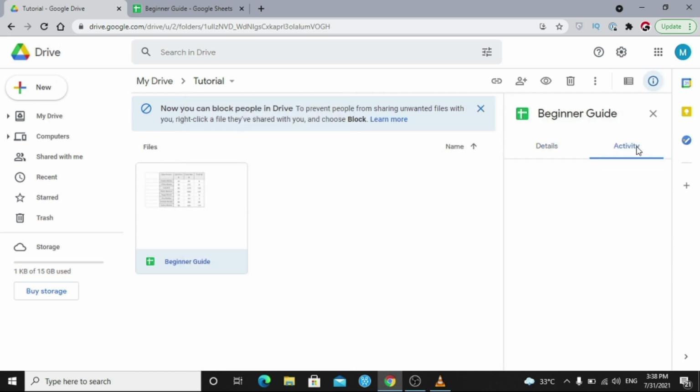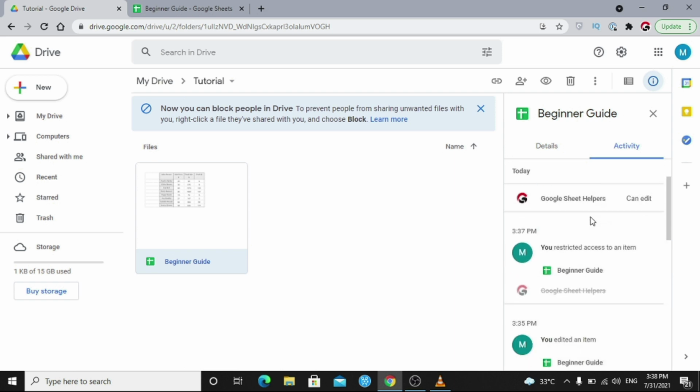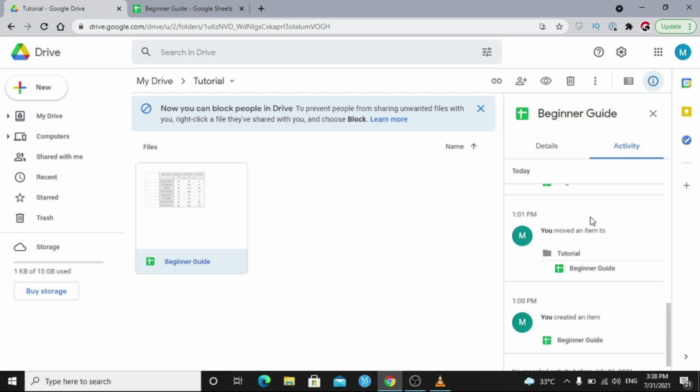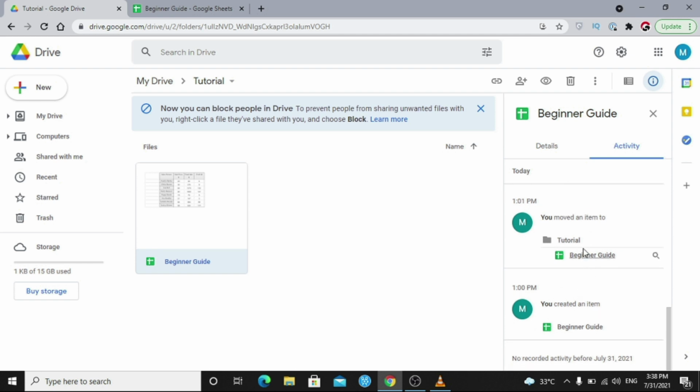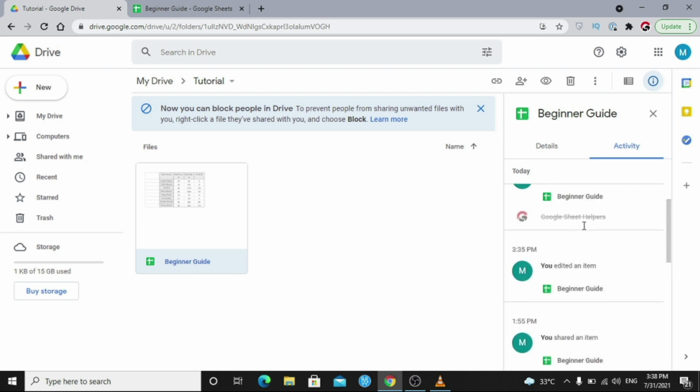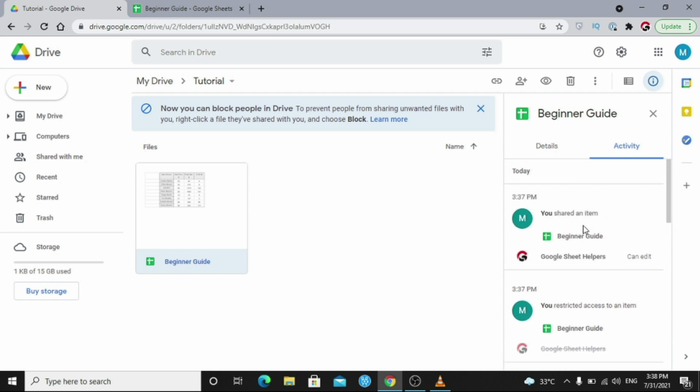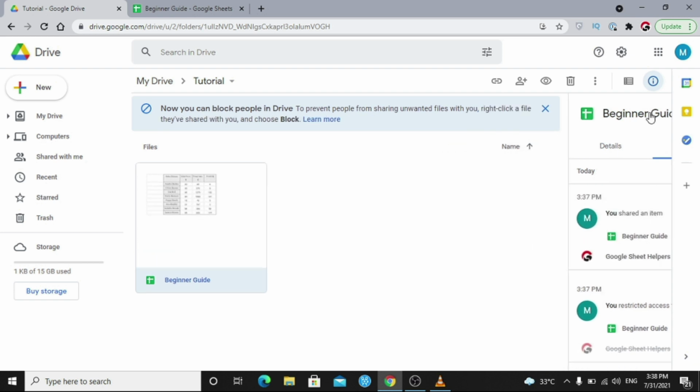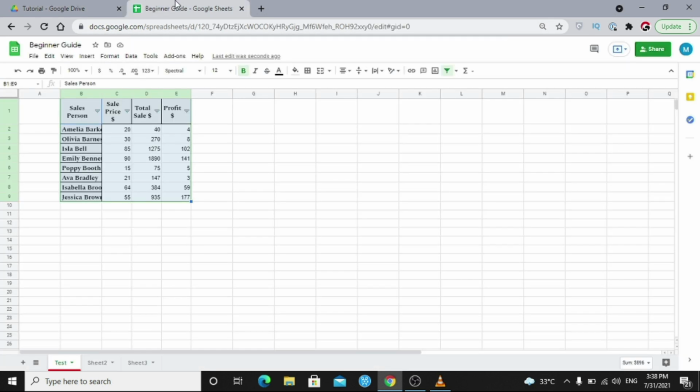From there you can select the activity, and from here you can see who has shared your sheet, or when you have shared your sheet with anyone, or if anyone has shared a sheet with you. You can also see the details. Now you can also see which person on your team has done what, and when, by clicking on